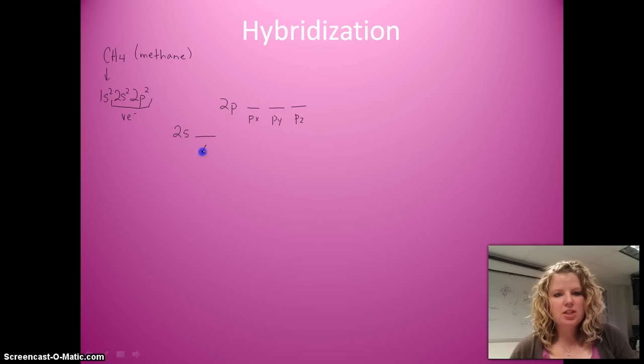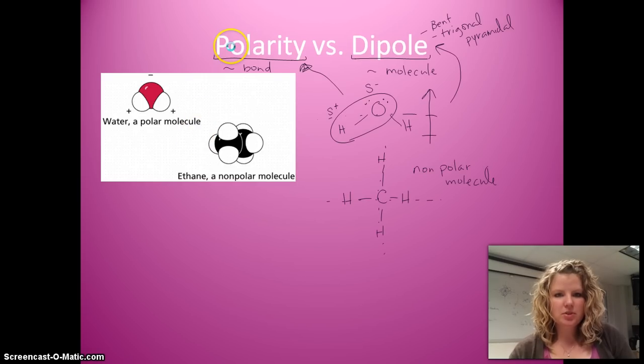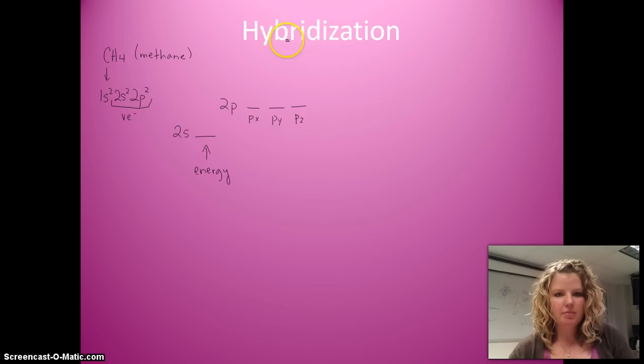So if we put a little energy to this, this could be heat, this could be stirring, whatever, that we actually lift all of the valence shells onto the same orbital level, okay, same energy level. Sorry about that. Whoa, now we're going back. Okay, and so what that does when you put energy to it, now all the valence electrons are in the outermost shell, and if we were to fill these in, we'd have 2 on this one,